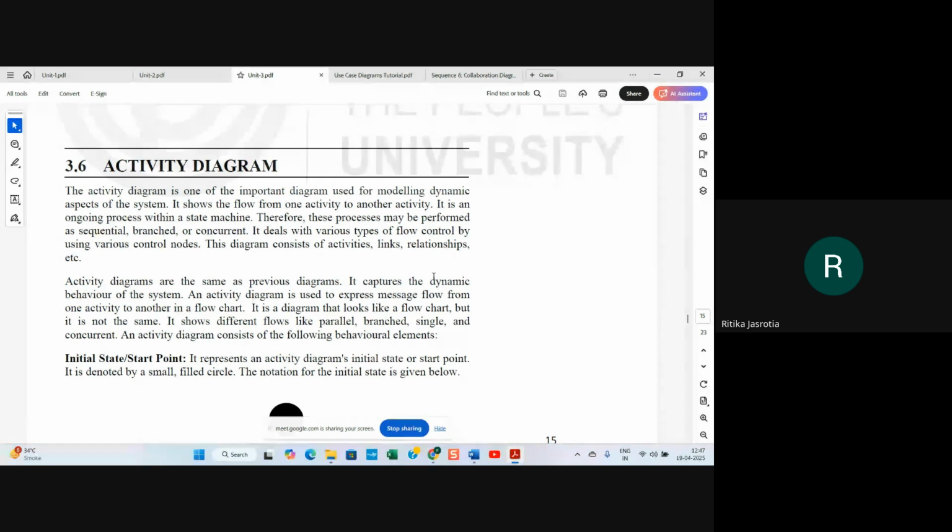Activity diagram is one of the important diagrams used for modeling dynamic aspect of the system. It shows the flow from one activity to another activity. It is an ongoing process within a state machine. Therefore, these processes may be performed as sequential, branched, or concurrent. It deals with various types of flow control by using various control nodes. So diagram consists of activities, link, relationship, etc.